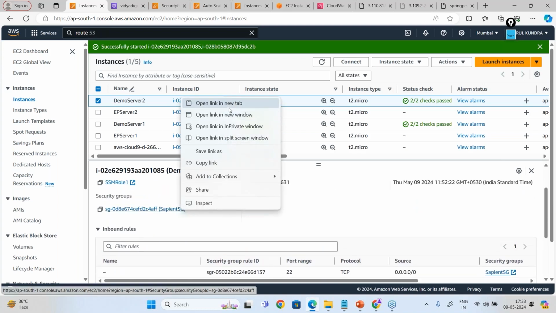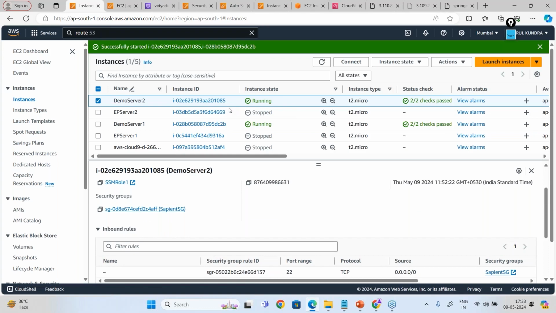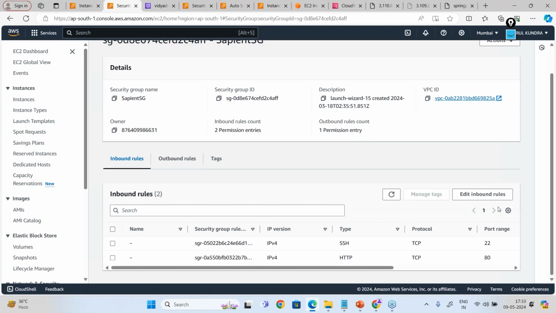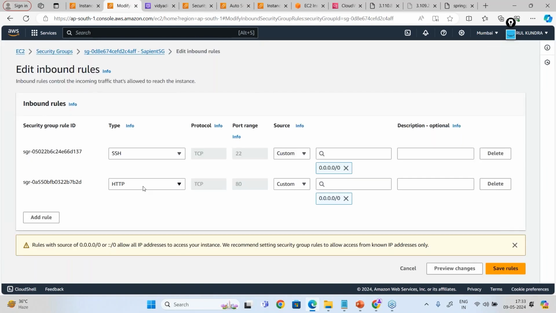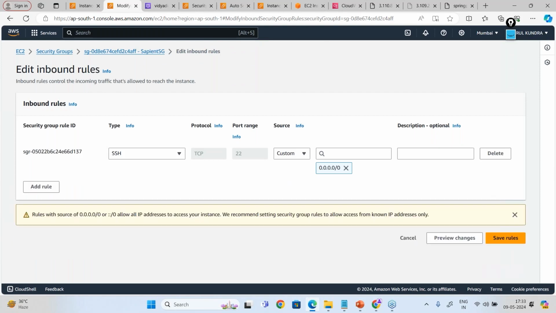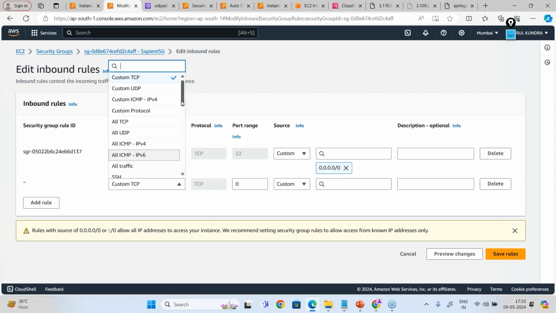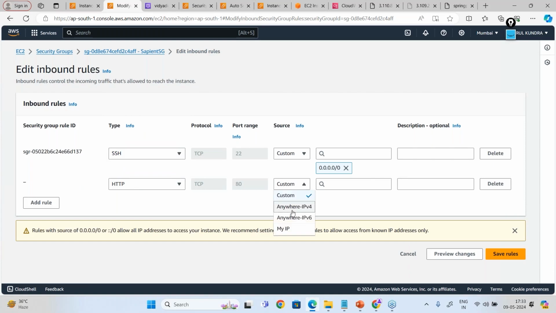Now I'm going to make changes in the security group of my server. Let me click on edit inbound rules. If you wanted to access my server from HTTP, I will not allow it from anywhere, so let me delete this. But Parul, then how will you access your server via HTTP? Just give me 1 minute. You want to access my server via HTTP, yes, but not from anywhere.